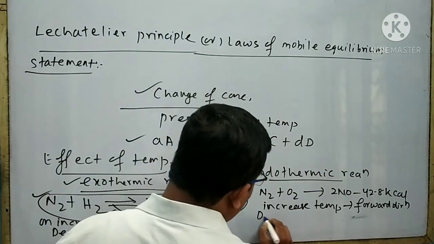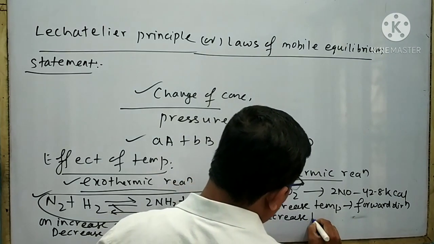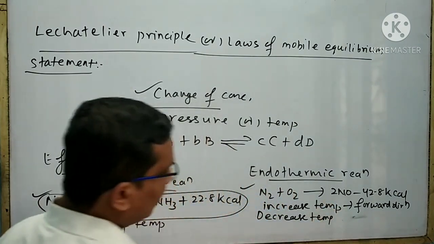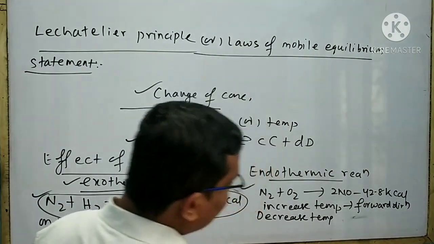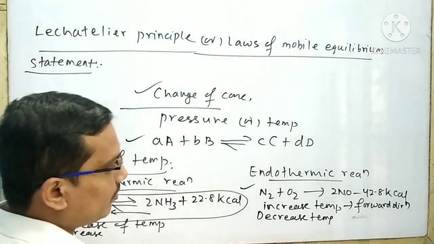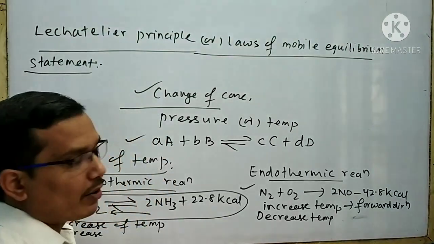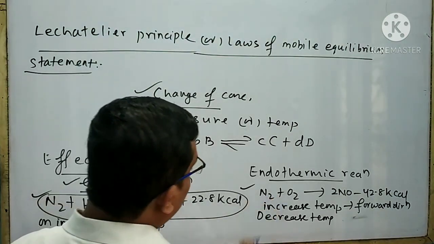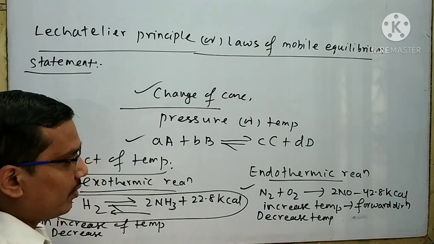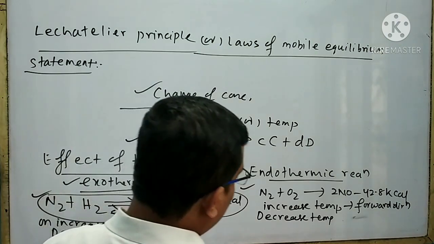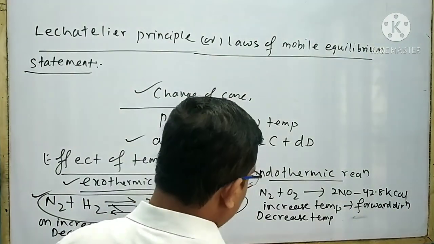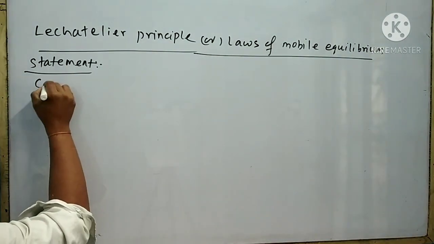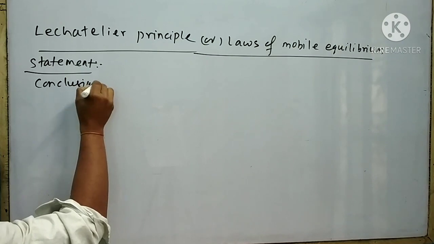If I decrease the temperature, then according to Le Chatelier principle, the reaction proceeds in backward direction. That means the equilibrium shifts in backward direction. As a result, more amount of nitrogen and oxygen will be produced. On the other hand, the amount of NO goes on decreasing. Finally, I can conclude that